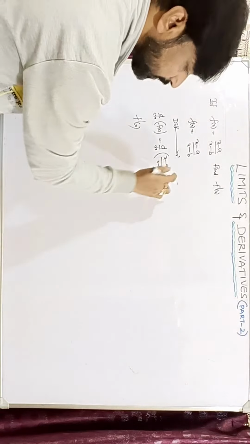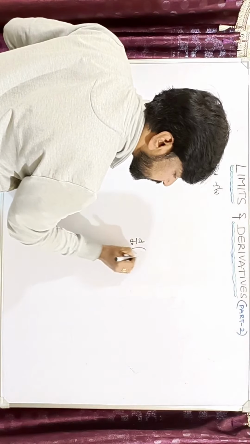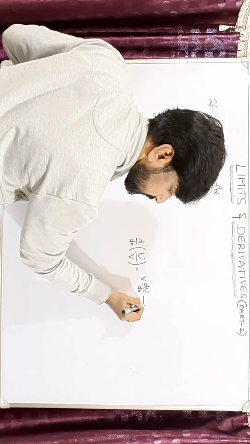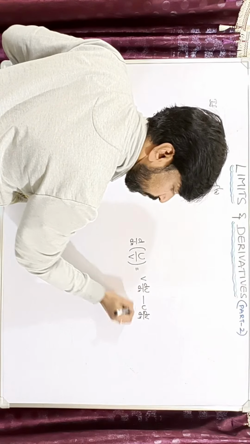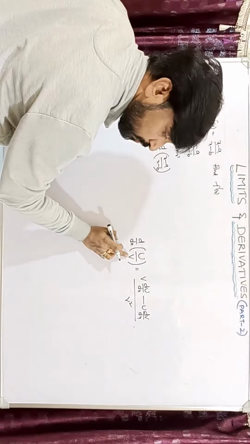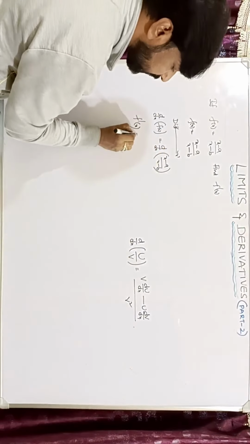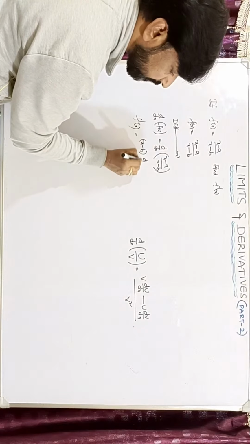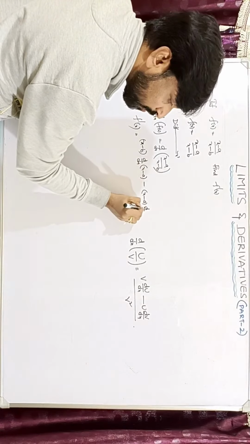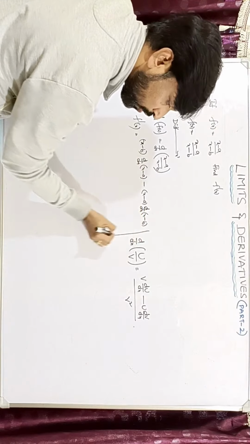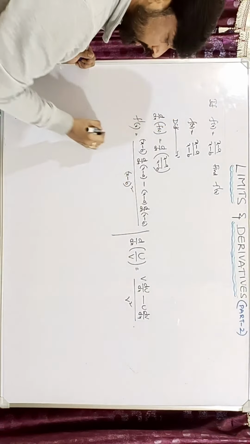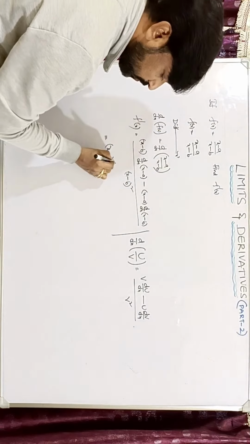So what are you going to apply here? The format is u by v, d by dx of u by v. What is the formula? v into derivative of u minus u into derivative of v, whole by v square. That's all. Shall I apply now? U by v. So start with the denominator. What is the denominator? x minus b into derivative of numerator minus numerator into derivative of denominator, whole by denominator whole square, x minus b whole square. Clear? So x minus a into, now d by dx of